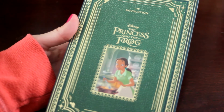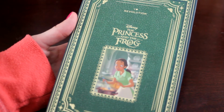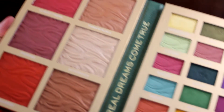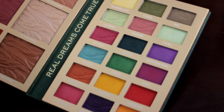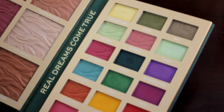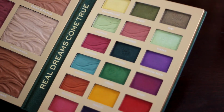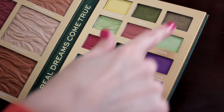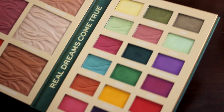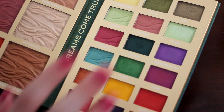Number 13 goes to my last I Heart Revolution in Disney palette. This is the Princess and the Frog palette. So here is what this one looks like on the inside. The reason this one is the highest out of the 3 little storybook Disney palettes from this brand is mostly because of these top 9 shades right here. I absolutely adore them. These shades down here are really pretty too, but I just love the greens up here,